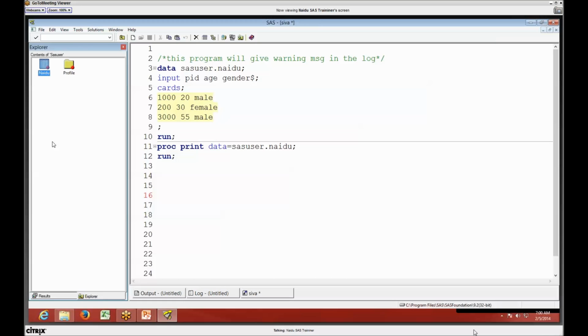See, right now it is a small one, so you can easily count it orally. It means 1, 2, 3, 4, only 5 observations in the data. You can say that, but what if there are lakhs of records? Then